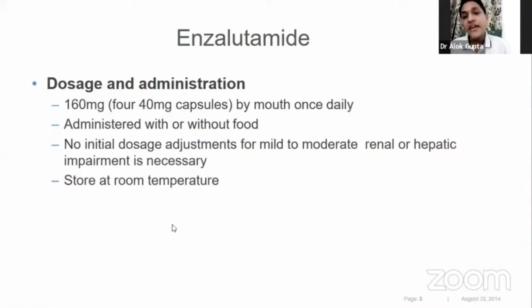It first came in capsule form, 40 milligram capsules, but over the last few years it has come in 80 milligram as well, and now very lately it is available in 160 milligram as well. The dose is 160 mg OD, so it has become much easier for our patients, at least when the 80 milligram came, and now with 160 milligram, the compliance might be still better.